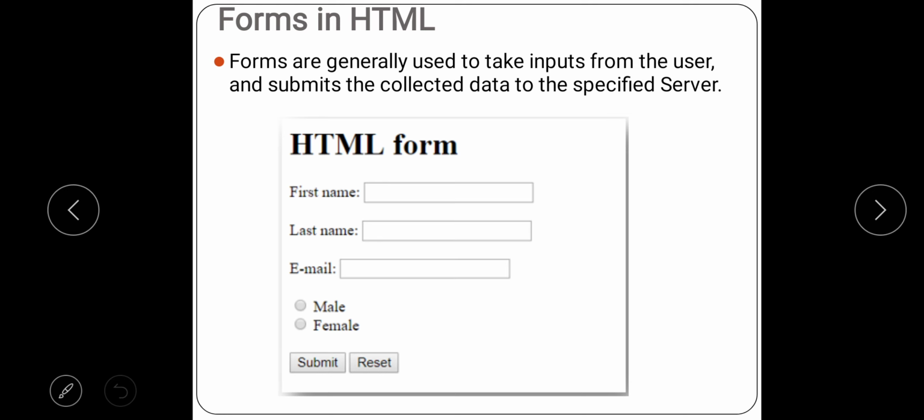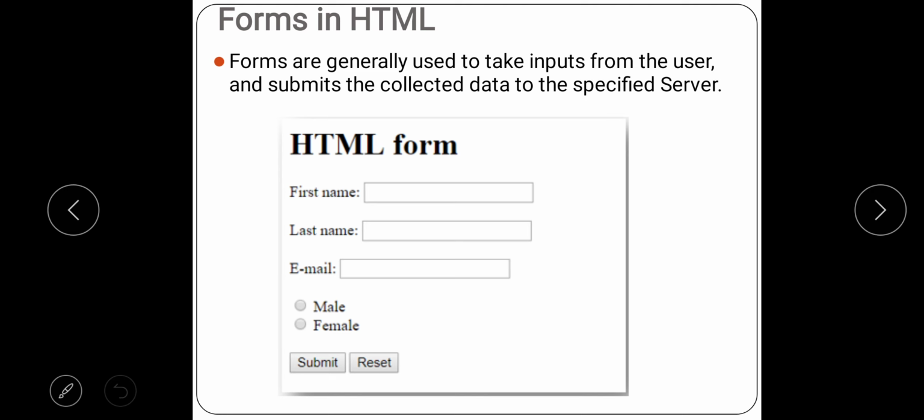So we will start with the forms in HTML. So students, first tell me what is a form and why it is required. We have already discussed this form concepts, so I hope everyone knows what is a form and why it is required. Just to go through, I am discussing all these concepts.